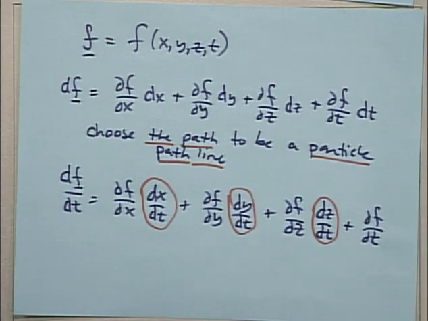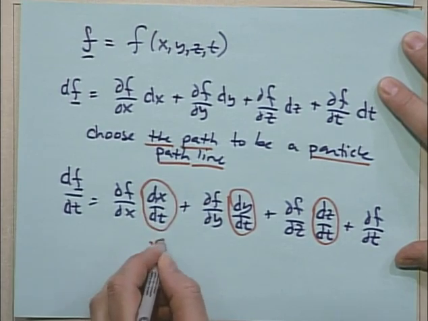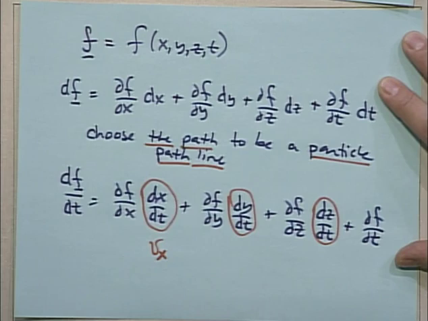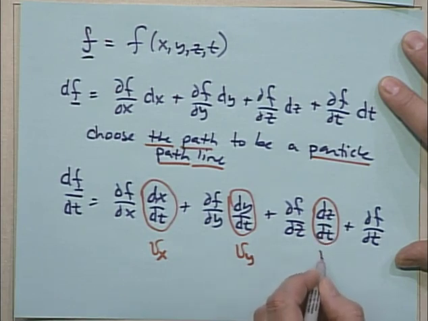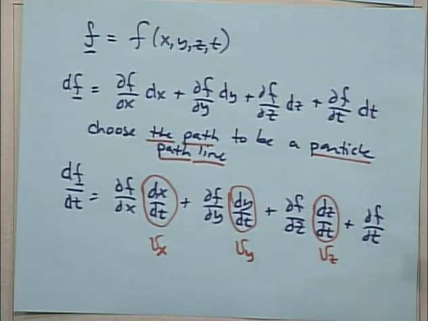They mean the velocity. This becomes a very special type of derivative. So let me change this. Instead of writing it as Vx, this dx/dt will be the velocity component in the x direction. Instead of dy/dt, I'll write this as the particle velocity in the y direction. And instead of dz/dt, this is the particle velocity in the z direction. So now I can write my df/dt